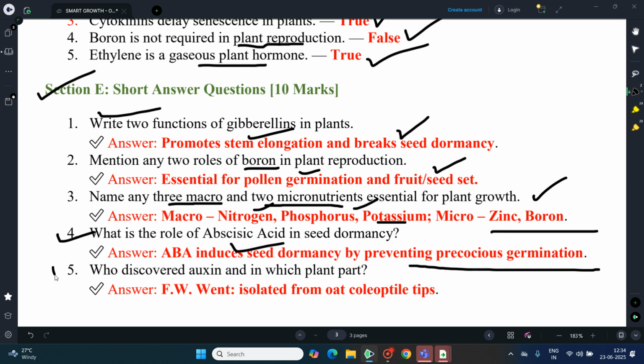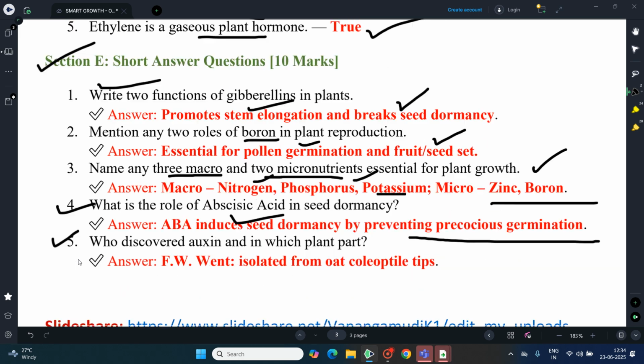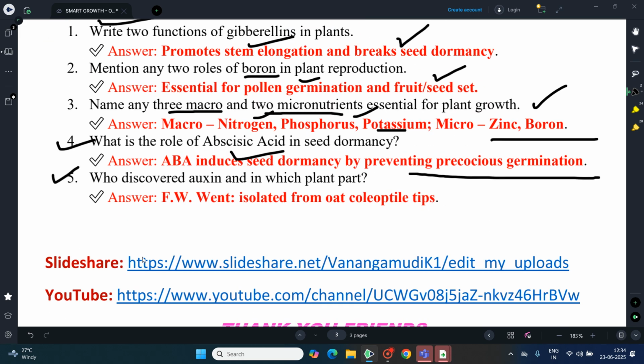And the 5th one: who discovered auxin and from which plant? Auxin was discovered by Went, and it was isolated from oat coleoptile. This is a more important, relevant answer. And that's all about the objective